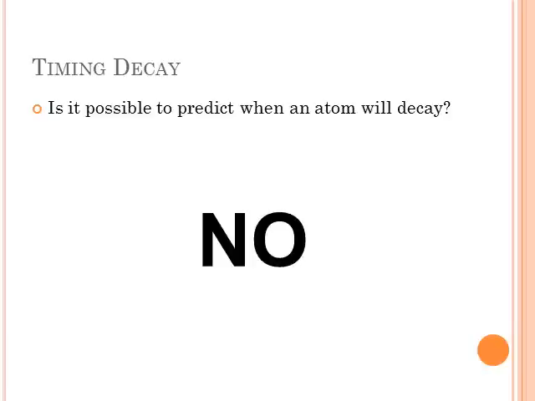It only tells you the amount of time it takes for half of the atoms to decay. You never know which atom will decay. So radioactive decay is 100% random. You never know when a single atom will decay. Even though as a large chunk of material you can figure out when half of it will decay, if you just pick one of those atoms, you'll never be able to know for sure